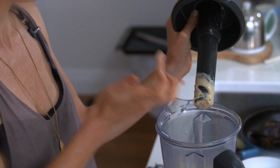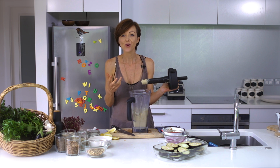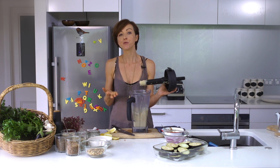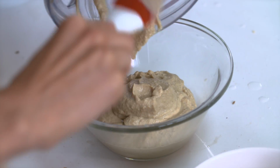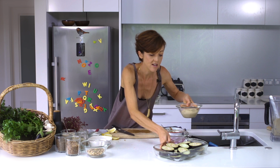So when I was tasting that, it doesn't need any oil. The tahini's got lots of fat in it, so it creates that creaminess in the baba ganoush. And I'm going to be using oil on the eggplant anyway, so it just doesn't need it. It's perfect as it is. And then add a couple of pinches of salt. I'm going to put that aside now,